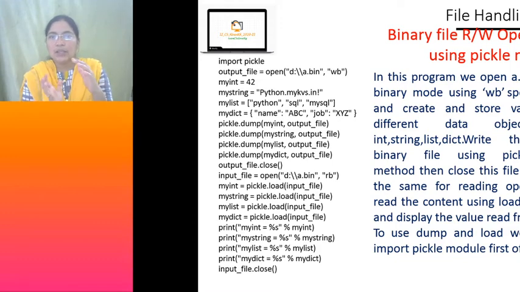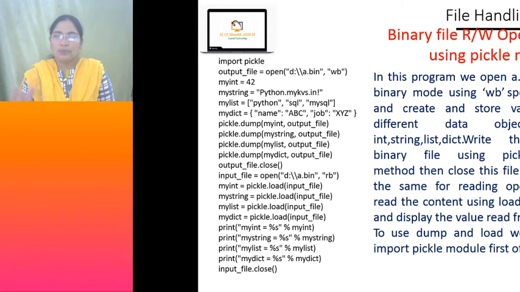Now let me check whether the content is dumped properly into this file. How do I know that? Once you retrieve and display it on your screen, then you can tell. If you display it and get the same output that you gave as input, then it is understood that it is dumped properly. For that, now open the same file in read mode. As it is a binary file, it should be rb mode, right?